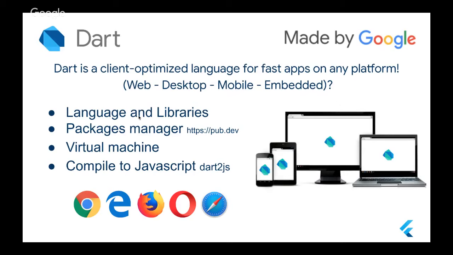In Flutter's case, it gives you a native experience and a native application. And it also has its own package management system, which is also built by Google. Why is this important for us as developers? For example, if you are using Node.js or PHP, in my case, because I was a PHP developer for more than 16 years, we came with Composer, which is a package management system for PHP, but it's made by the community. It's not built by the same company that built the language.